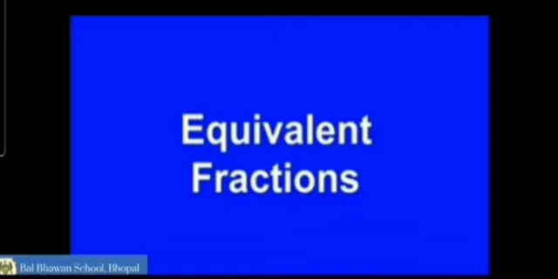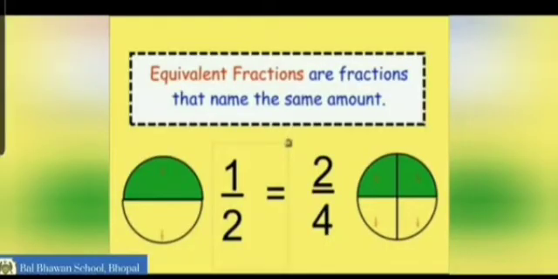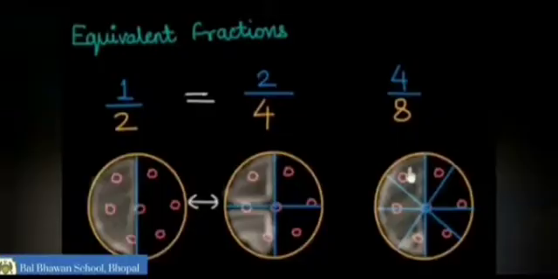Children, equivalent fractions are the fractions which have the same name and the same amount. That means over here I can say 1 upon 2 is equal to 2 upon 4. As when I am going to reduce 2 upon 4, I am going to get the same value. 2 ones are 2, 2 twos are 4. So here 1 upon 2 is equal to 1 upon 2. Both these fractions are known as equivalent fractions. According to its name, equi means equal.